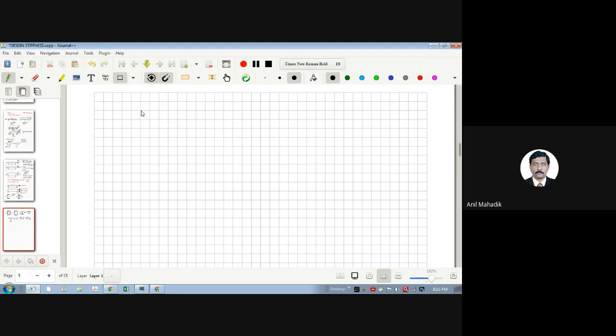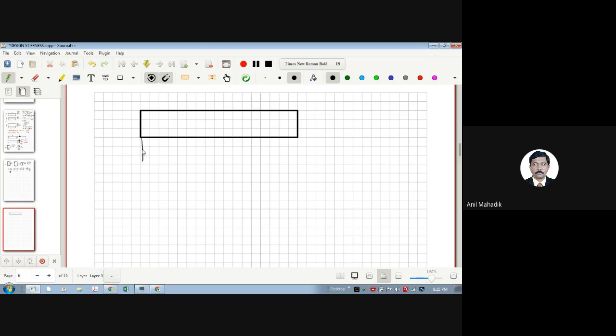So let's take one example of a beam. An RCC beam is there. Now first we'll try to understand the concepts before any design. Let's say we have